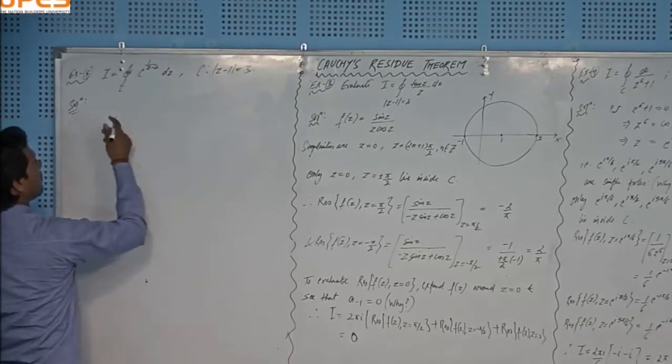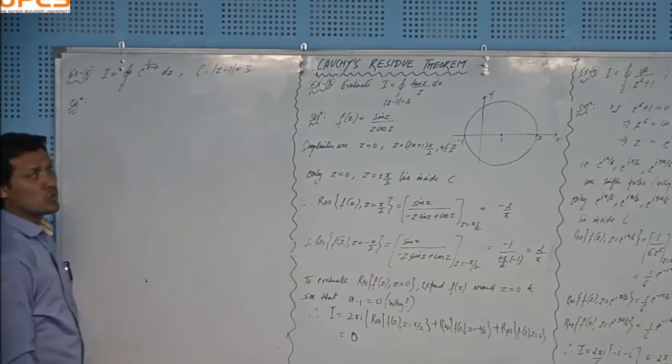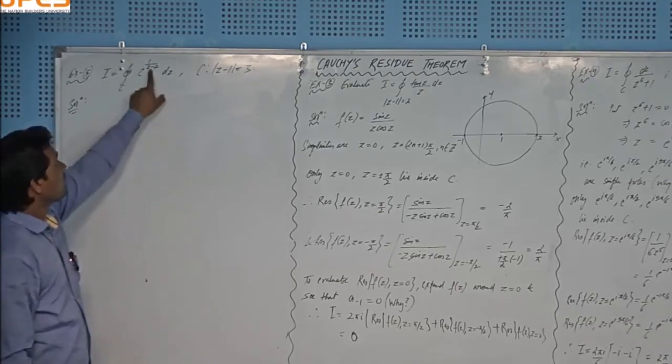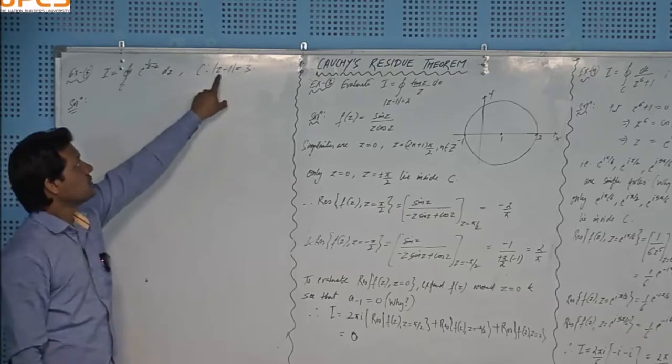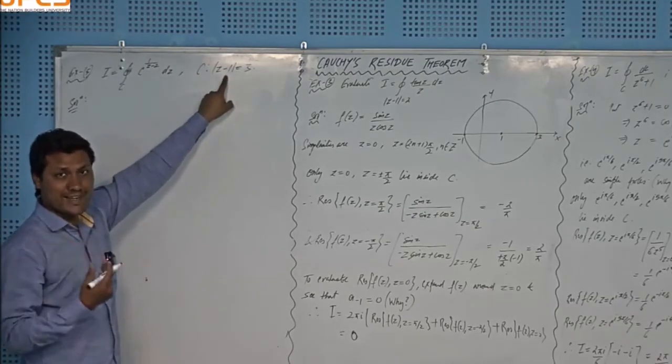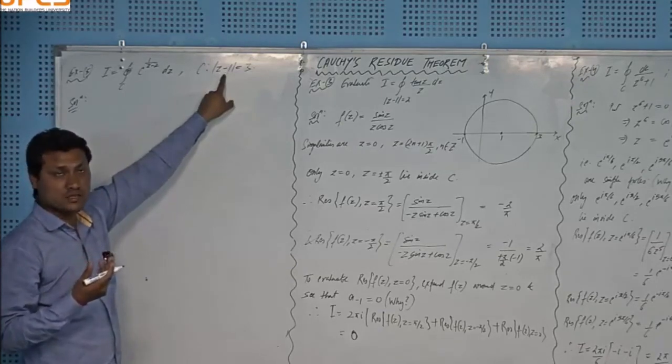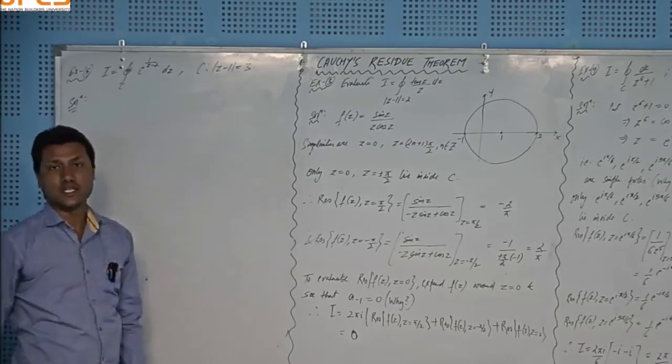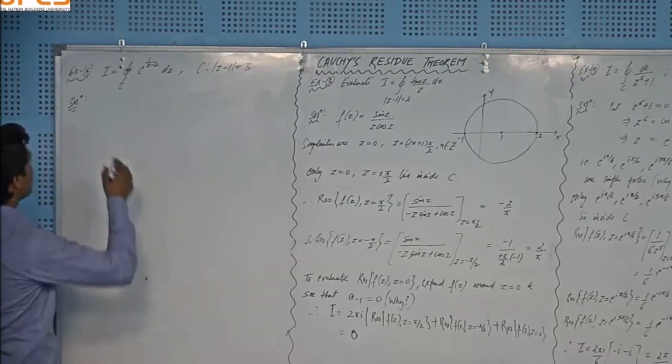Solution. If you don't want to draw the picture every time, you just put z equal to 2 here. You will get 2 minus 1, that is 1, right? It means the distance between your singularity and center is 1, but the radius is 3. It means that it will lie inside your circle, right? So clearly